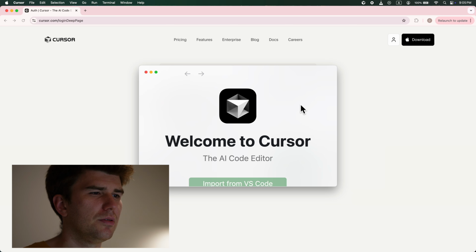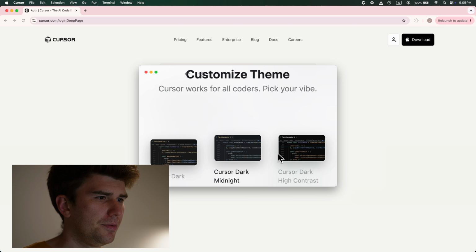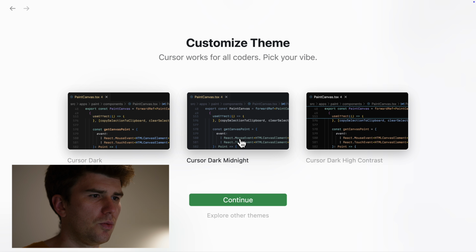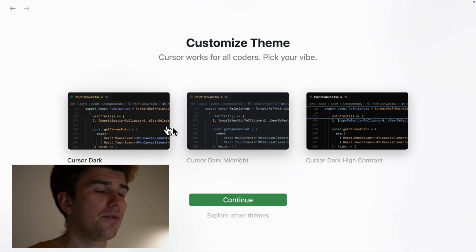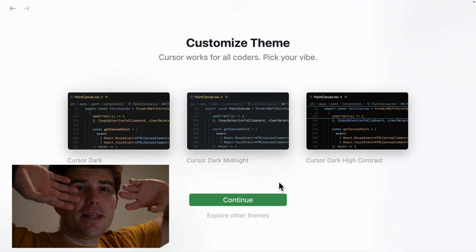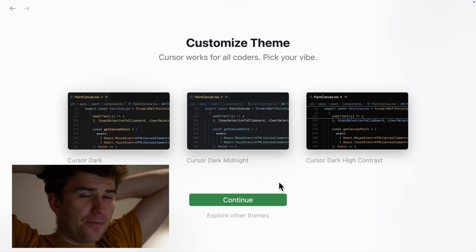Desktop. Okay, allow. Welcome to Cursor. What do we like? Pick your vibe. Dark, midnight. Okay, and what is this? So they offer us, or for me, here three themes, and all of these themes are dark. Cursor Dark, Dark Midnight, High Contrast. But all themes that are